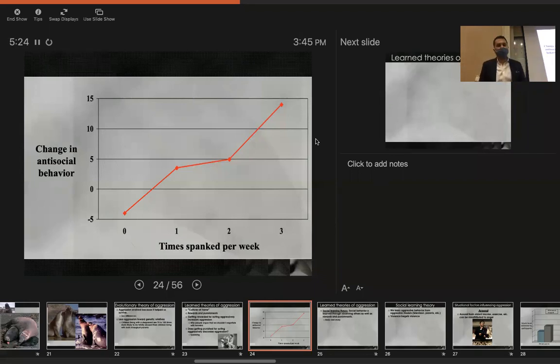And so what's being graphed here is their change in that antisocial behavior score, or change in aggression, meaning anything above 0 means the kid has become more aggressive over time. Anything below 0 means the child has become less aggressive over time. And they can graph this as a function of how many times per week on average these kids were spanked. So you've got some kids down here who were never spanked. And this graph shows that over time, they become somewhat less aggressive.